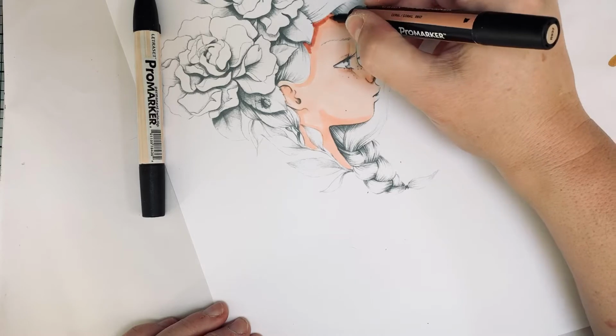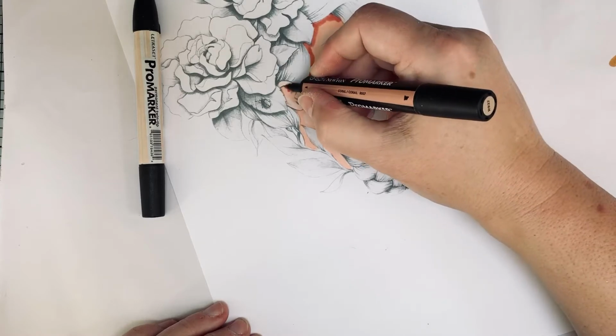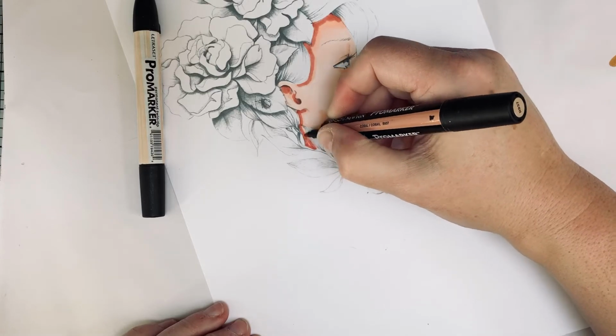It's not going to work. How is she going to blend those three colours together? Well, this is the beauty of alcohol markers. They do the work for you. All you have to do is just keep going back in and over everything you've already done, and just take